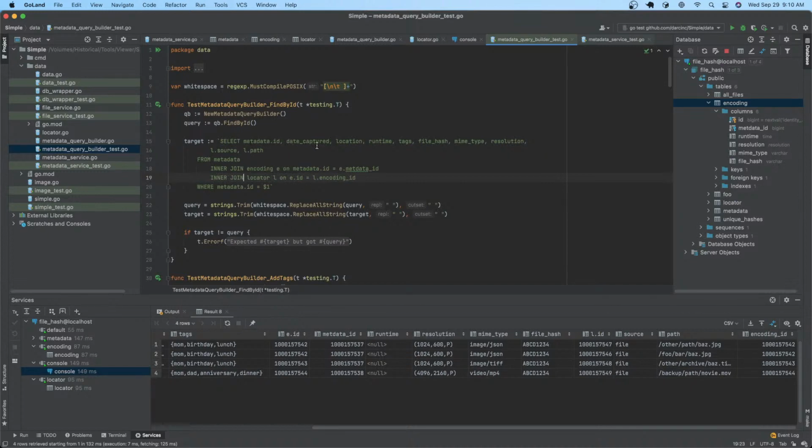And we would expect metadata, date captured, location, runtime,